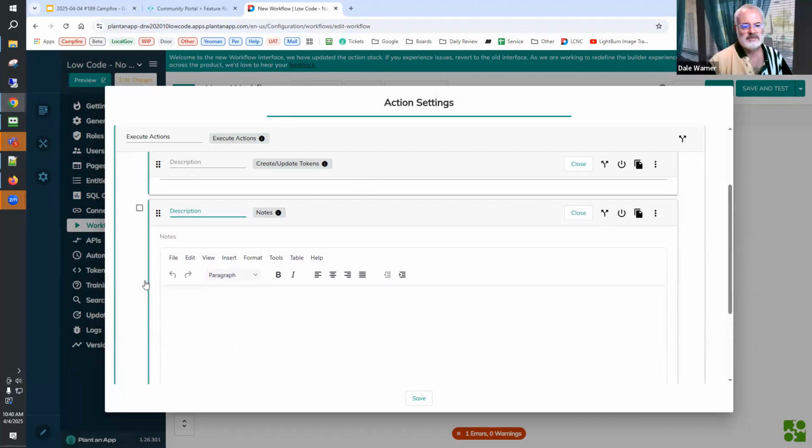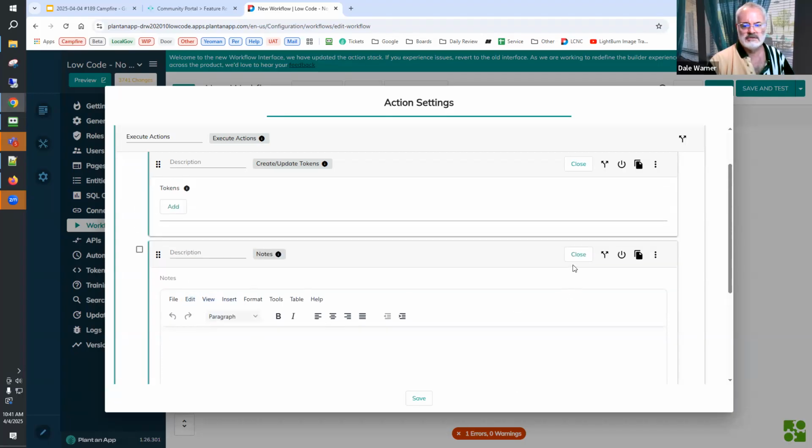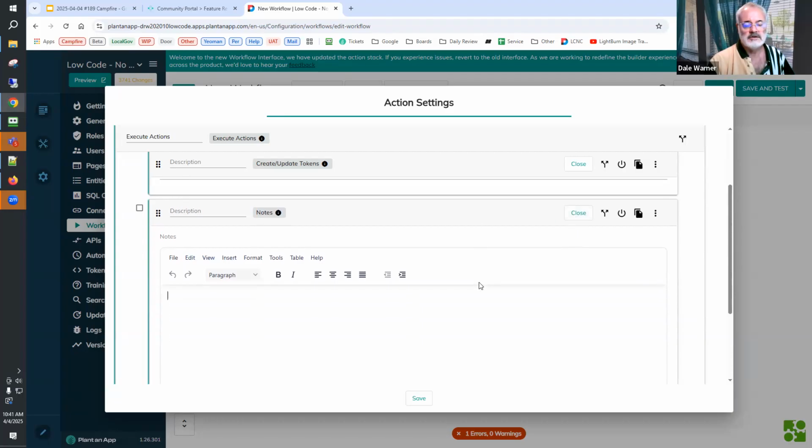This is not the one that you asked about, but I want to make sure you know that there is a notes action that you can put as much content as you want into. If you want to document an action, you could put a notes before or after it. This is a no-op action. It will be ignored in terms of execution, but you can at least put some words with your stuff. That was an easy solution that we did a long time ago. So let's start there. Were you aware of that? Would this help your needs?